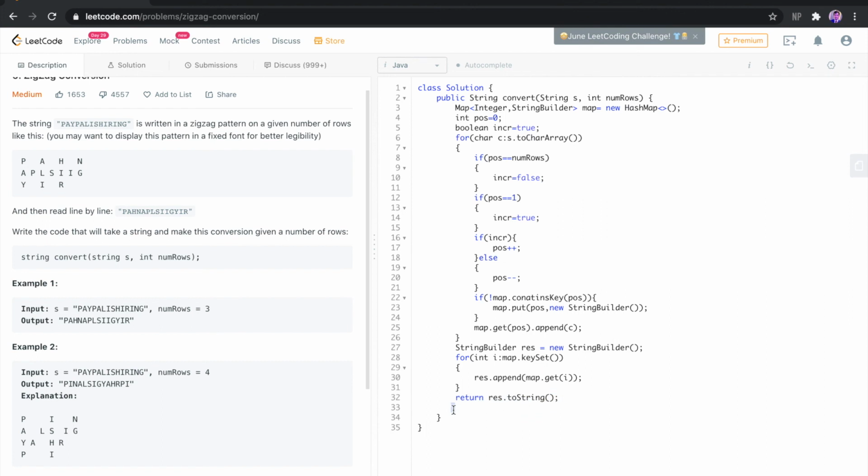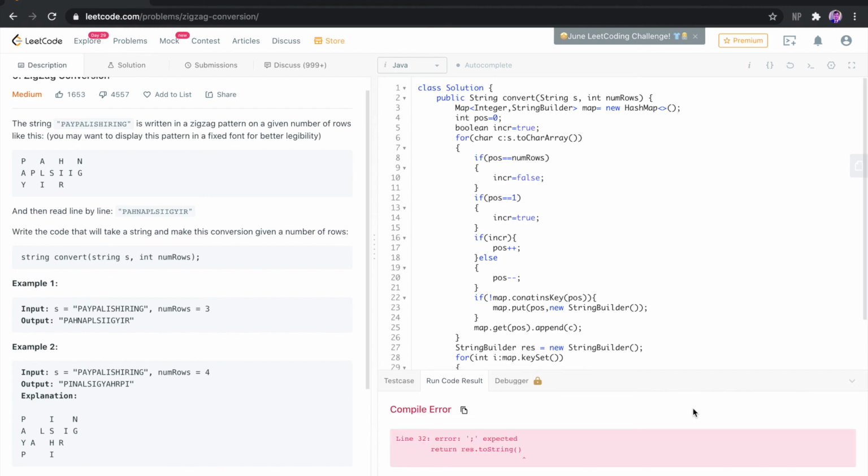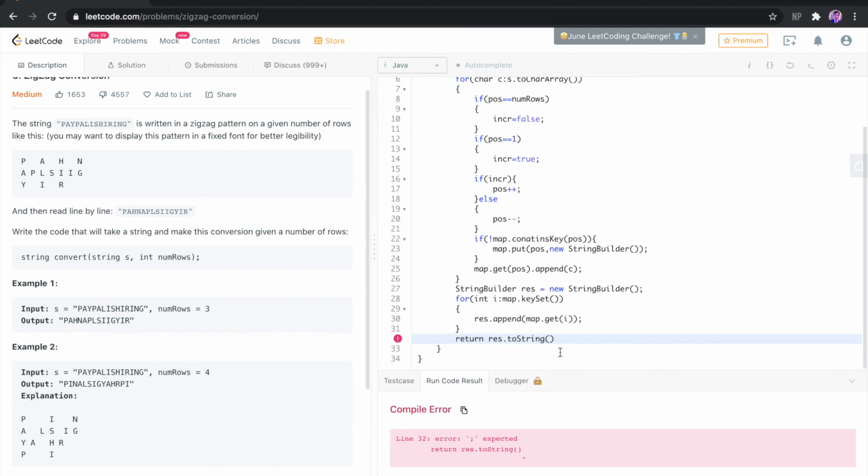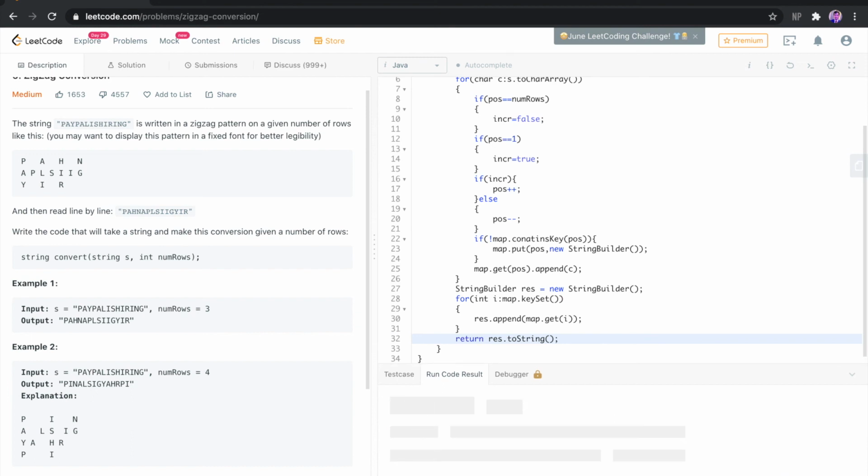Okay, so I guess this is it. Let's check if the code is running. There is an error. Okay, I did not place a semicolon here. Let's check again.